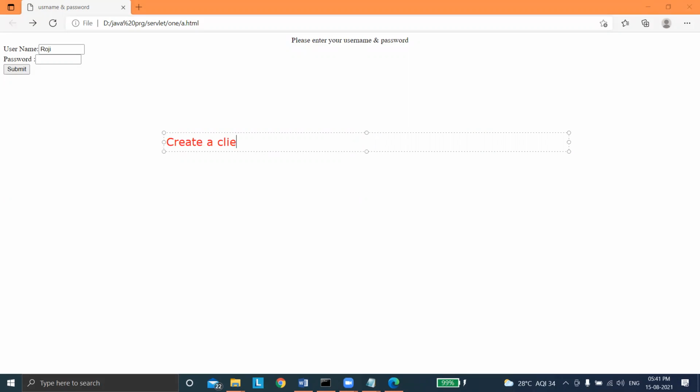Create a client. The username and password is entered, is submitted,